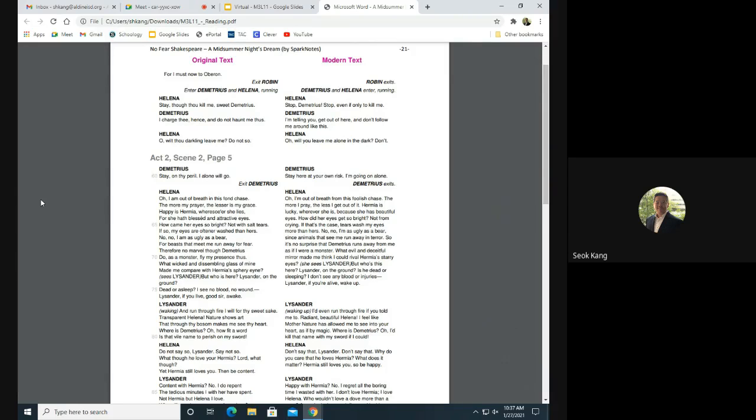It has to do with the flower. Anyone know? Kenneth, yes, the flower. He puts the flower, like the potion, the magic, into Lysander's eyes while he's sleeping. And now we're going to wait and see who Lysander sees first, right?